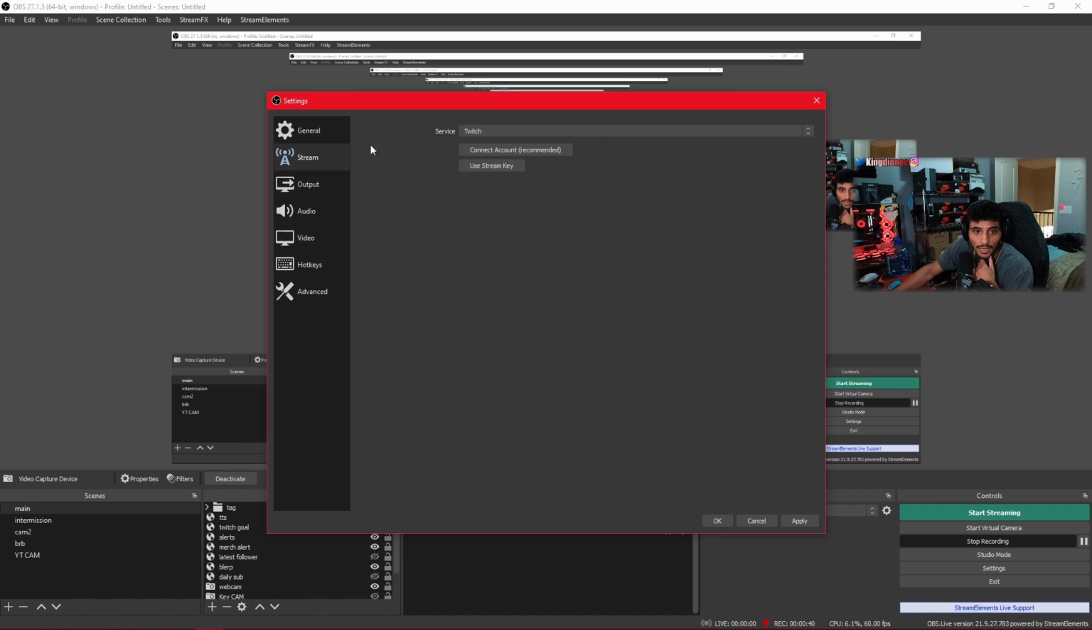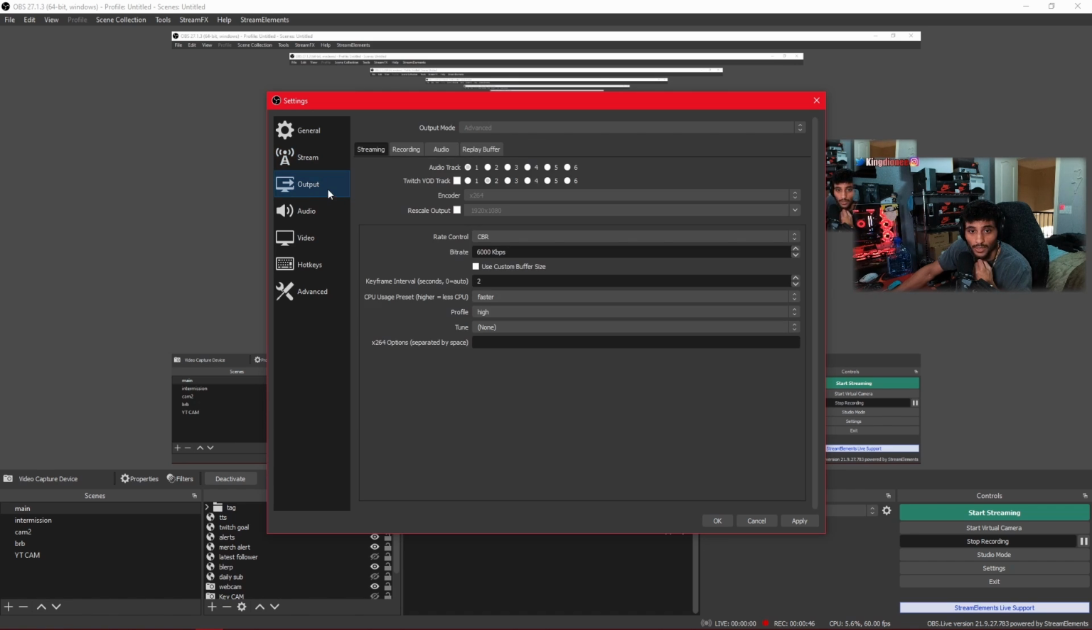Now we're gonna go to output once you have your service, whichever you're gonna stream on. I clicked advanced instead of simple. I can't change it right now because I'm obviously recording, but change it to advanced. And with this, depending on your CPU or GPU, if your CPU is strong enough, like a Ryzen 7 and higher,